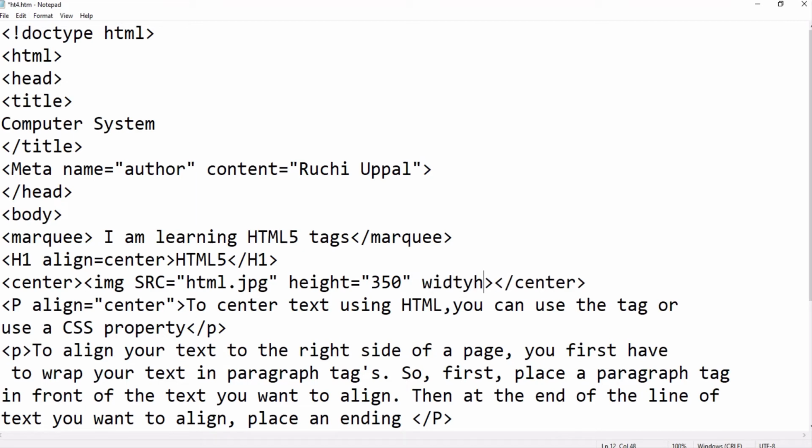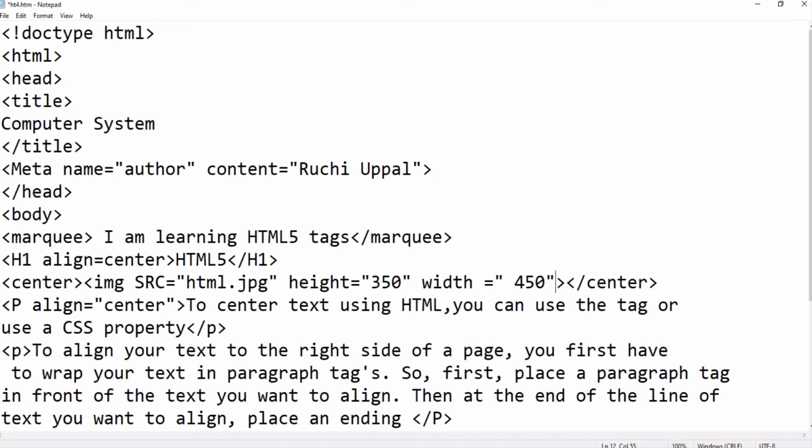Width is equal to, then double quotes, obviously I will write 450 here. Okay, done. I have mentioned the width and height of an image in pixels, or you can write it as a percentage of the overall window size. So you can increase or decrease the image by specifying a new width and height.